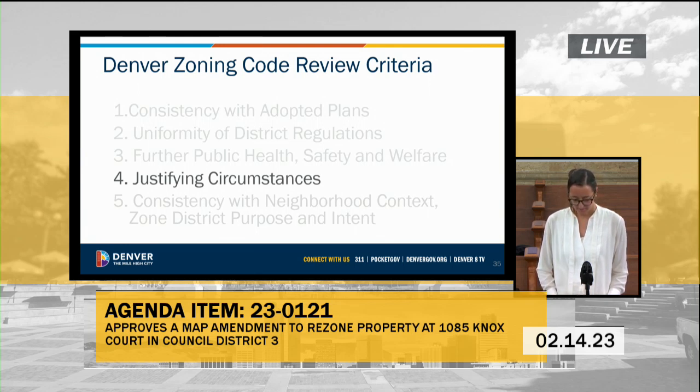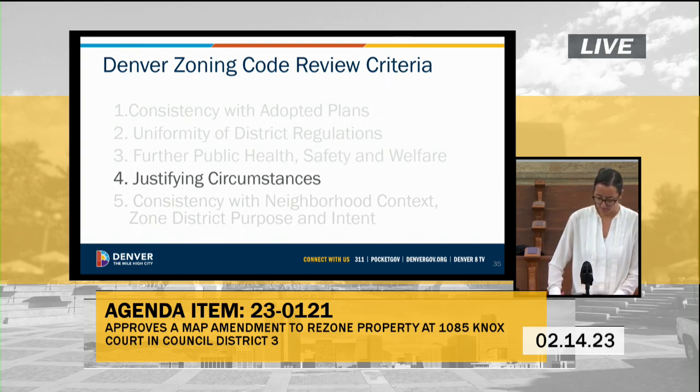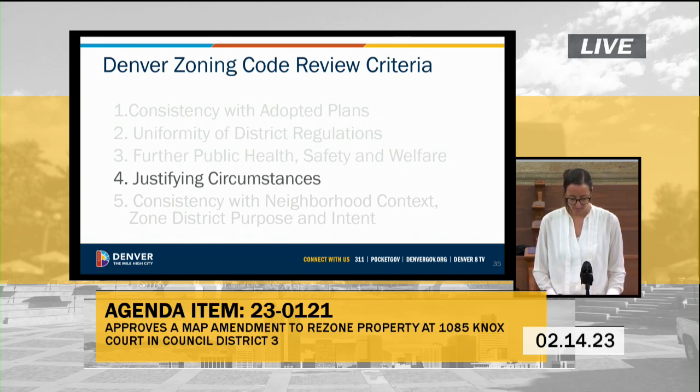The application identifies the changing conditions north of the property along the West Corridor light rail line as a justifying circumstance. There has been increased development in the Villa Park and West Colfax neighborhoods, and significant investment in infrastructure has occurred around the Knox RTD light rail station. This increase in the intensity of land use in the area has created additional need for higher intensity residential uses, like those allowed in the URH 2.5 zone district. Also, as discussed before, Blueprint Denver mapped this site as high-medium future place type, consistent with the proposed URH 2.5. Therefore, the proposed map amendment is justified in order to recognize the changing conditions of the land.